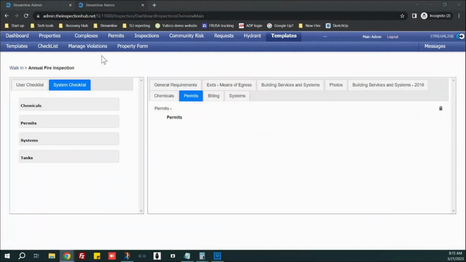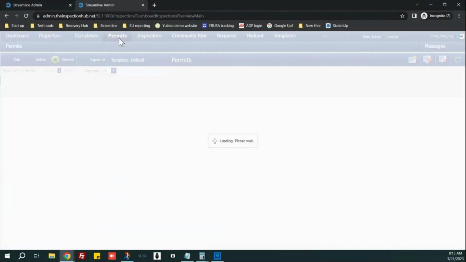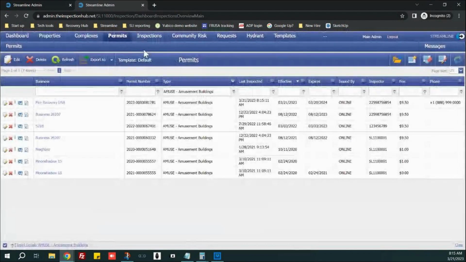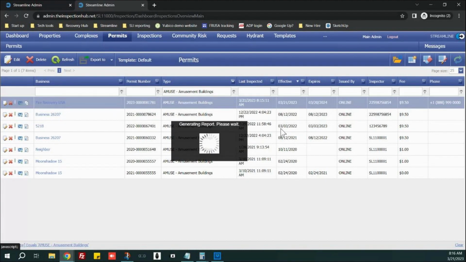So if I head back up here to administration, there's a couple of ways that I can view permits. There's an entire permits grid here within Streamline. It's great if you need to hop in here really quickly and add. Notice that I was already looking up amusement buildings from earlier. Here's my item that I just did today. So if I take a look here at the permit report,